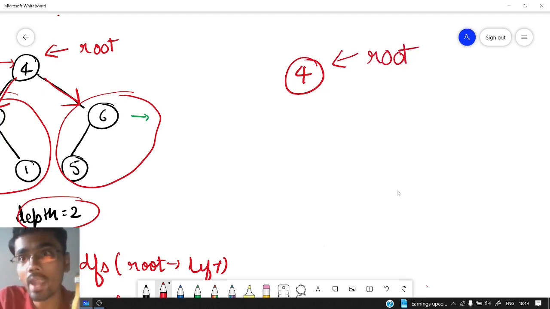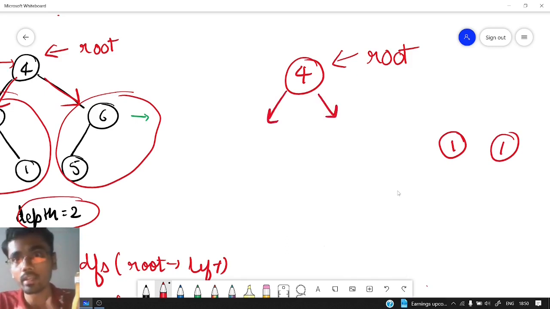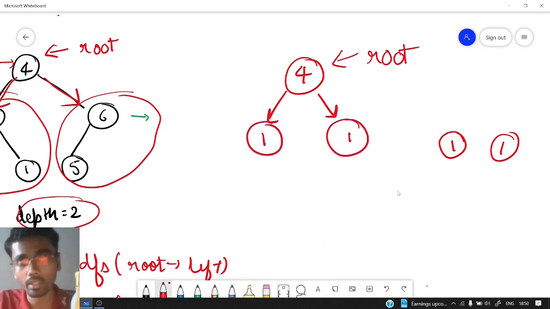Now we need to add those two new nodes which we created earlier as temp1 and temp2 as the left child and the right child. We have already grabbed the left subtree and the right subtree out. So how will we do it? We will add one here and another here. Root's left will be equal to temp1 and root's right will be equal to temp2.